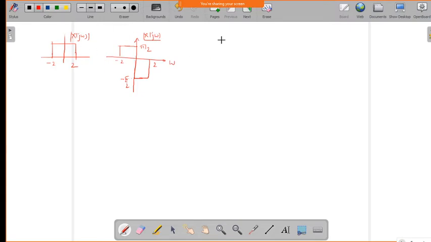Now for this particular problem, we obtained the result, which is 1 minus cos 2t divided by pi t. Or you can put 1 minus cos 2t as 2 sin square t, divided by pi t. Now if you put t equal to 0, cos 0 becomes 1, and 1 minus 1 becomes 0, so it is a 0 by 0 form. So this value we take for t not equal to 0.